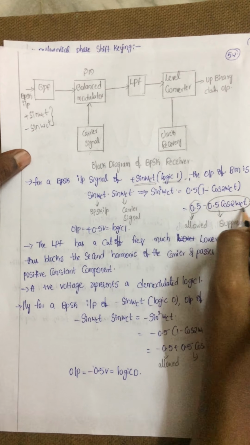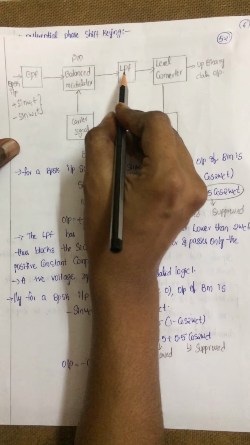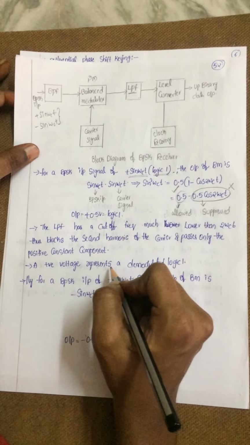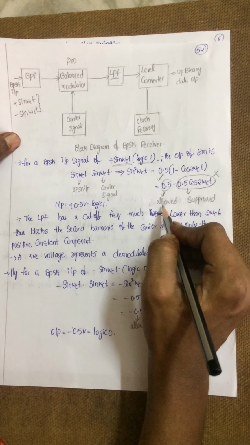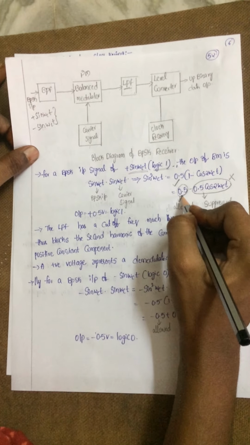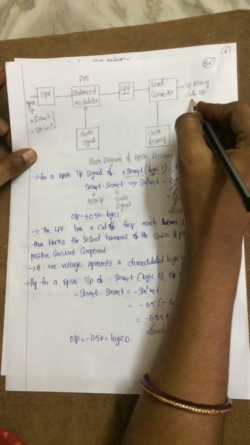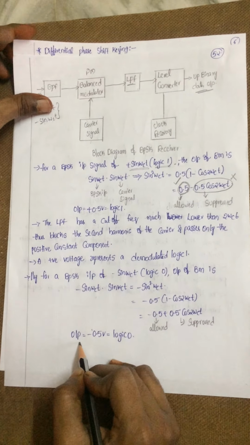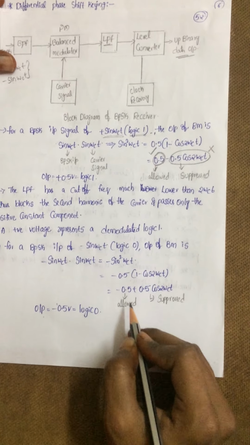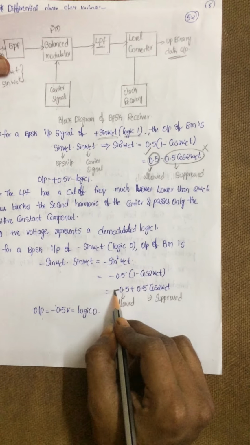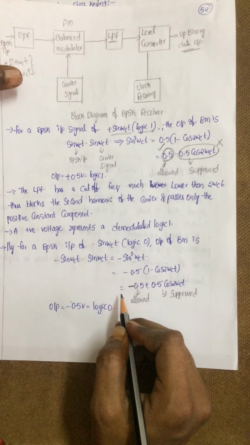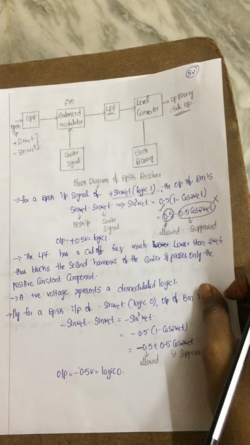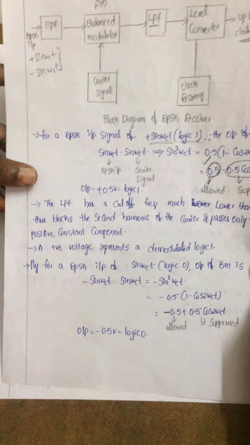This 0.5 and this 0.5 cos 2ωct we are getting, which are passed through a low pass filter. The low pass filter will obviously eliminate this, and this is followed. That is nothing but a DC value. This is allowed, it will get amplified, and we are able to retrieve our data from here. Similarly for logic 0 the same condition we have to perform. We will get minus 0.5. This minus indication itself says we are giving a negative voltage; say logic 0 may be minus 1 volt. So this is about PSK demodulation.